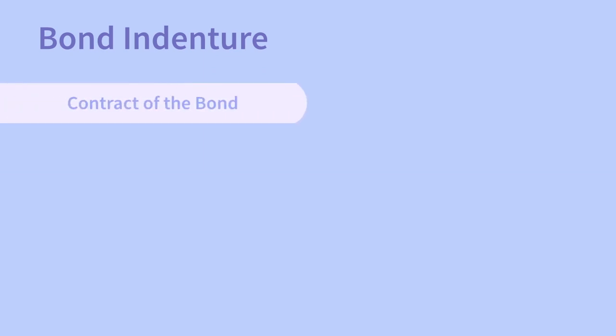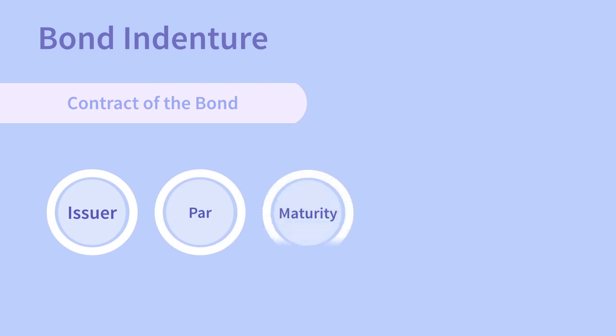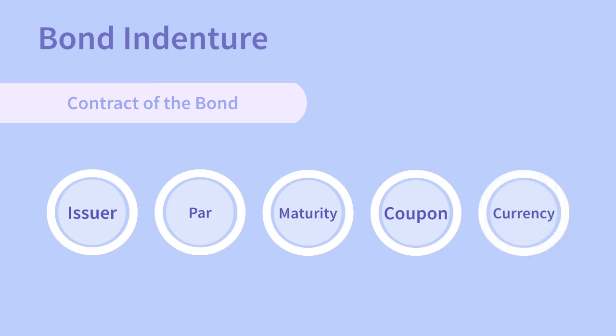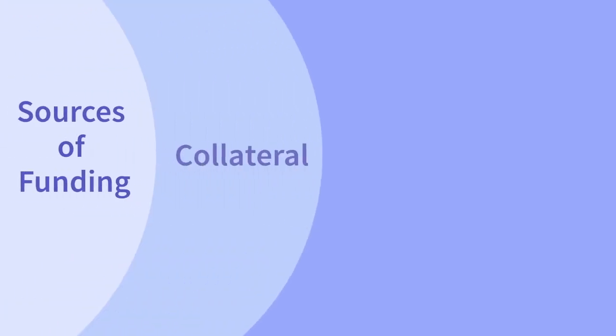This forms the basis for the agreement between the issuer and the holder to protect the interests of both parties. In this document, you will find information on all of the features we discussed in the previous section: the legal identity of the issuer, the par value, the maturity date, the coupon rate and frequency, the location of the issue, and the currency denomination. Along with those, we will see some details regarding the sources of funding, sources of collateral,